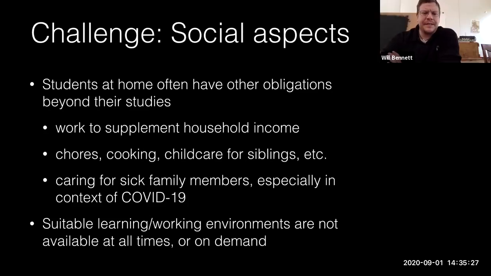On top of all of this, we know that students, if they are learning from home, may not have their own space, their own desk and area to devote to their studies.